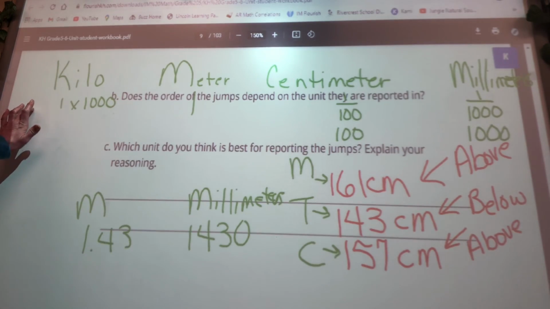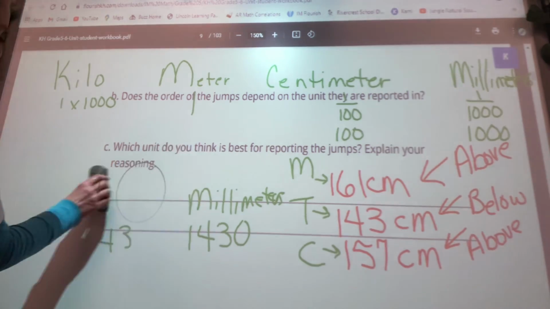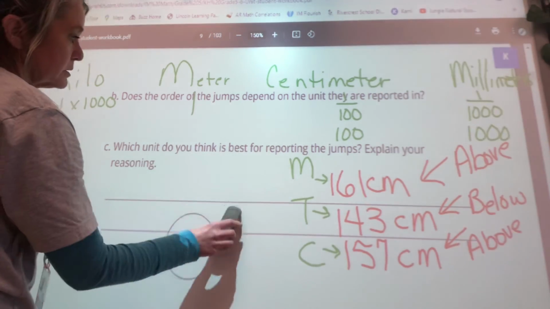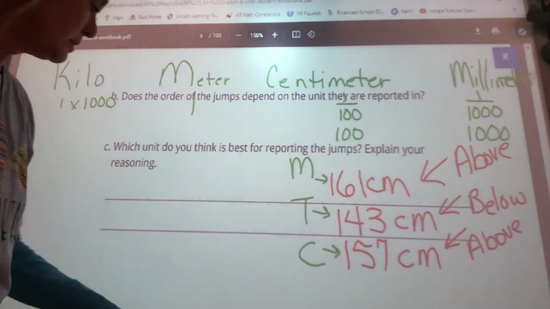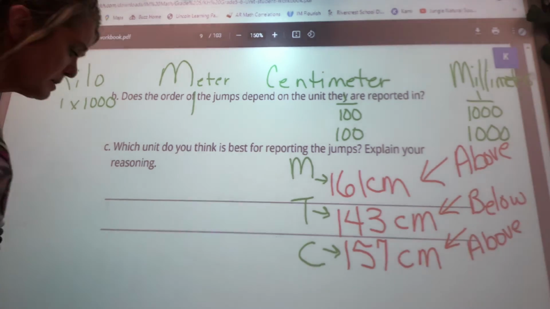Okay, then it says, the question is, does the order of the jumps depend on the unit they're reported in? Well, no, because we just said that